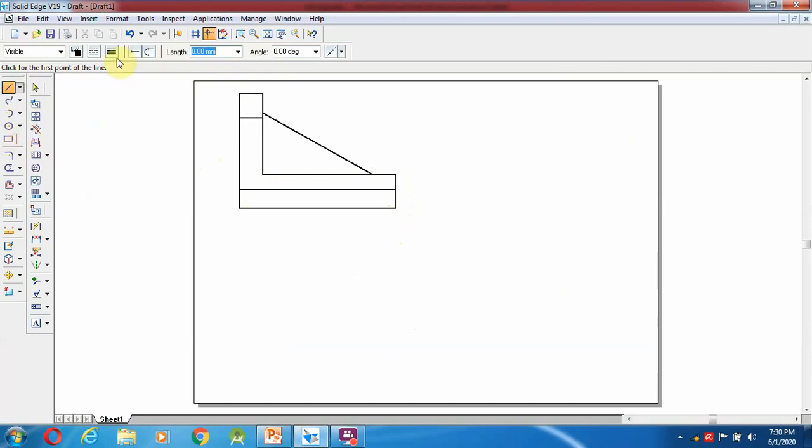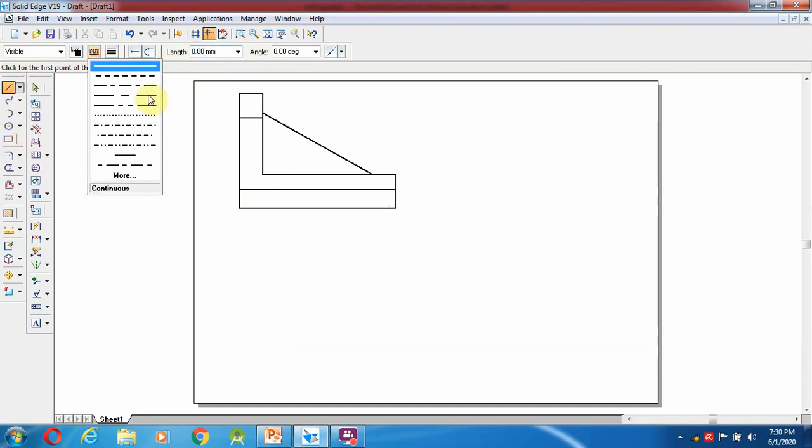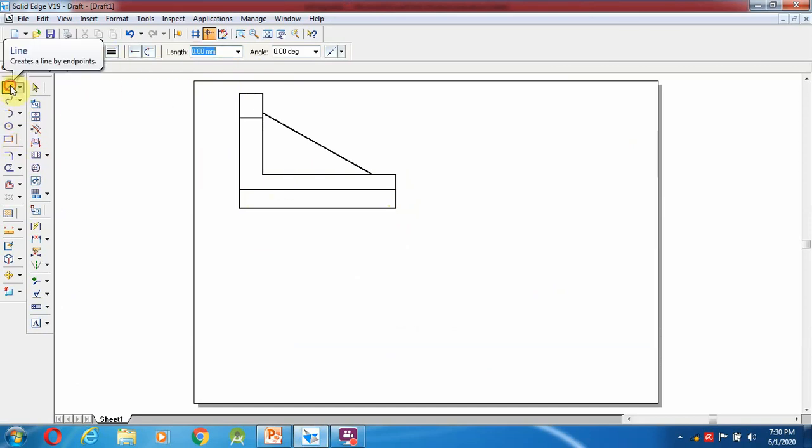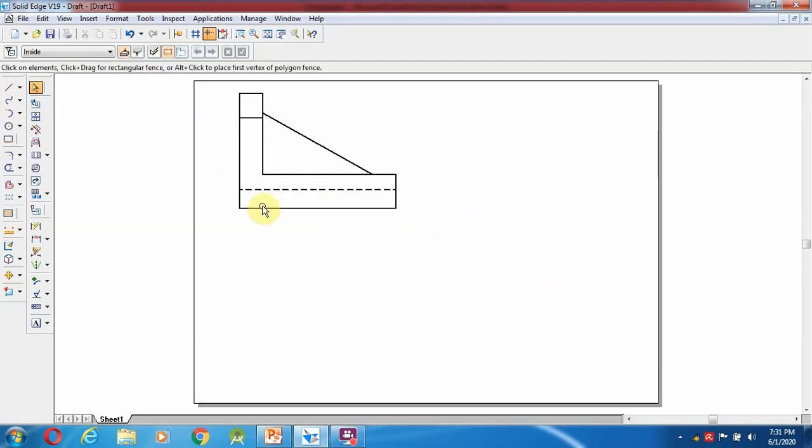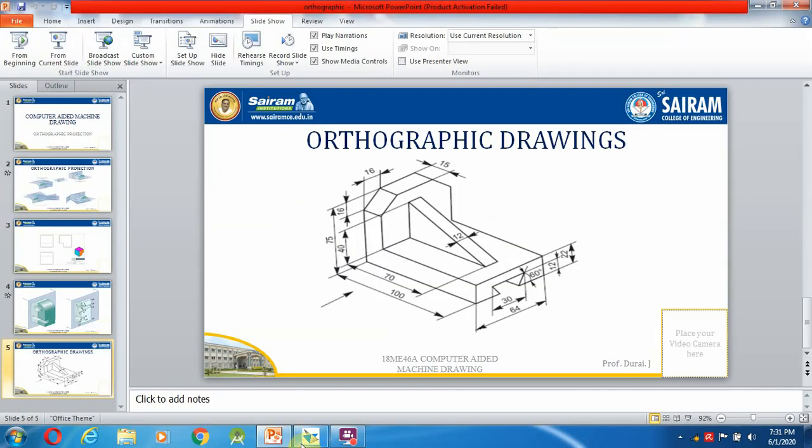After that, going to select this one as a dotted line over here. So even you can try it here. One more line you can draw, make that line a dotted line. Even that time only the continuous line you can see over there.